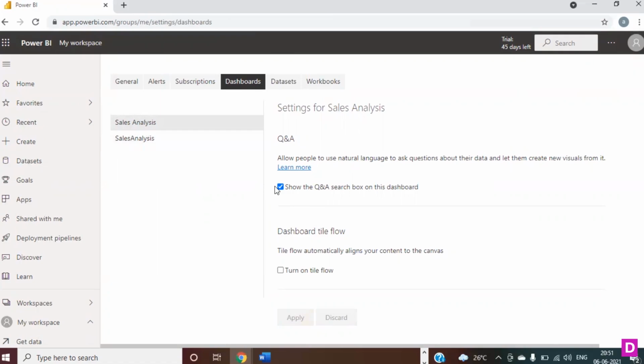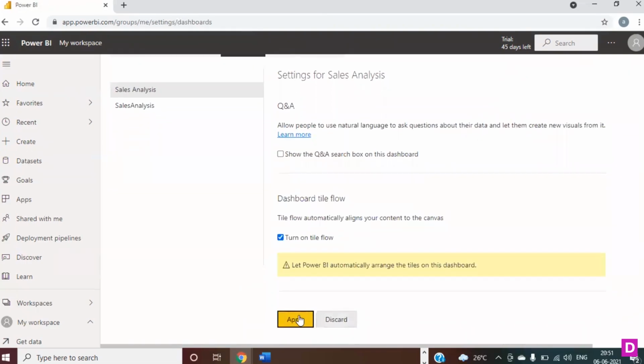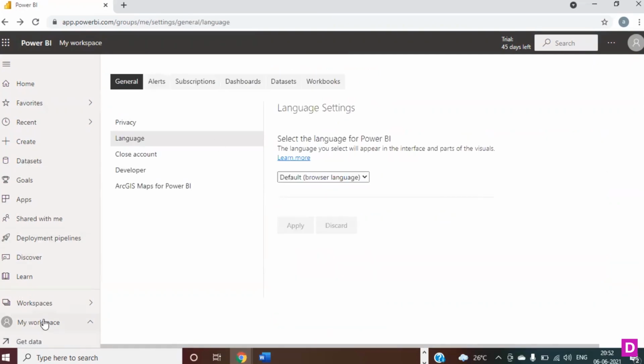You want to make the Q&A search box appear or not? Let's say I disable this, and I'll show you what will happen on the dashboard. Tile flow, that's an important feature. Turn on tile flow. Okay, let's apply both of them. What is the meaning of tile flow? Power BI will automatically arrange the tiles for you. For example, you are confused about how to arrange the tiles in your dashboard and not getting a good idea, so you want to give this responsibility to Power BI itself. Just turn on dashboard tile flow, hit apply, go to your dashboard,